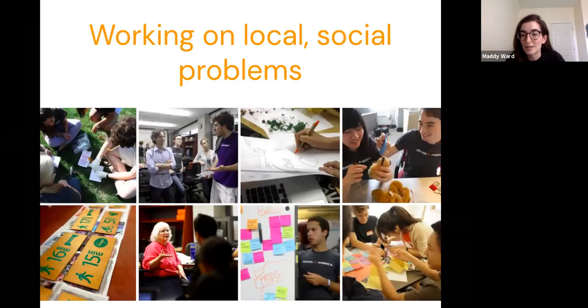And so something that Hannah mentioned that we really focus on at Design for America is working on local social problems. So for us at Northwestern, that means working a lot within the Evanston and Chicago communities, where we meet with different community members and community leaders to help solve problems using design thinking within the local community. And that can range from anything from safety to healthcare to education. And there's also a wide variety of solutions that we come up with, from product design to app development to prototypes made in the workshop and things like that.